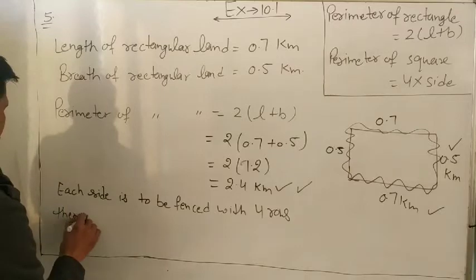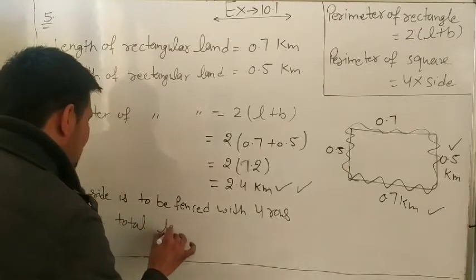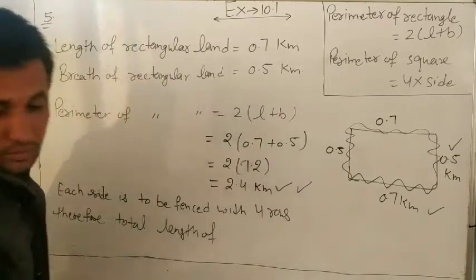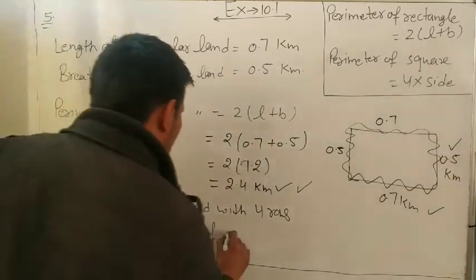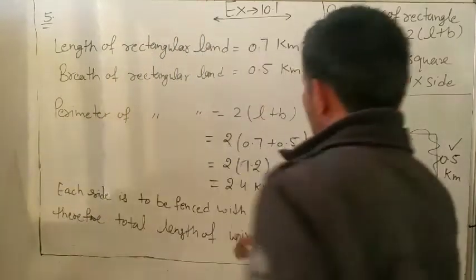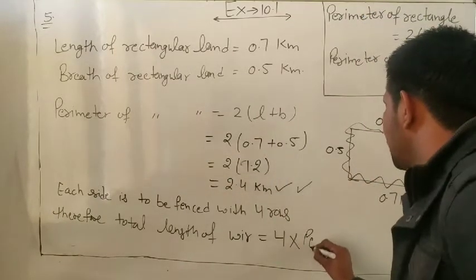Therefore, the total length of wire is 4 multiplied by the perimeter